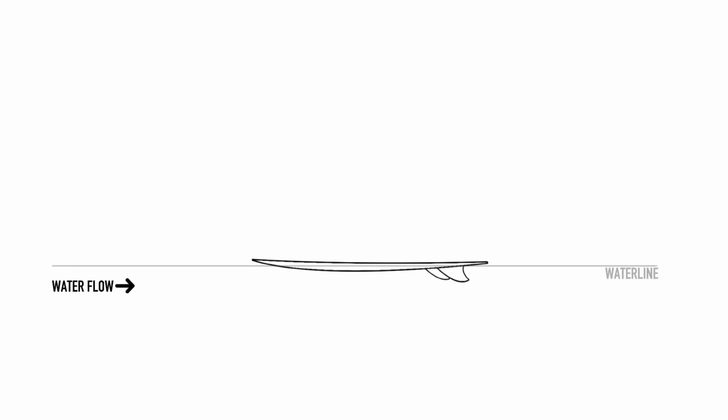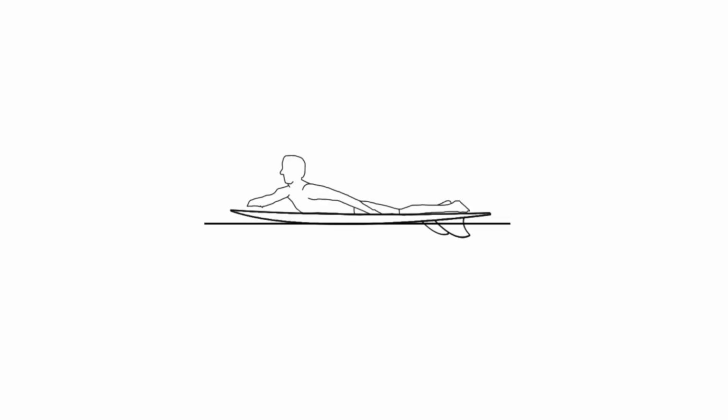From nose to tail, a surfboard acts as a hydrodynamic foil. So we need to consider how the board is affecting the water flow as the board is moving. For a foil to work at its most efficient, we are trying to achieve as much lift as possible whilst limiting drag and turbulence. This combination will allow our paddle speed to reach its maximum and allow us to catch waves earlier with less effort.